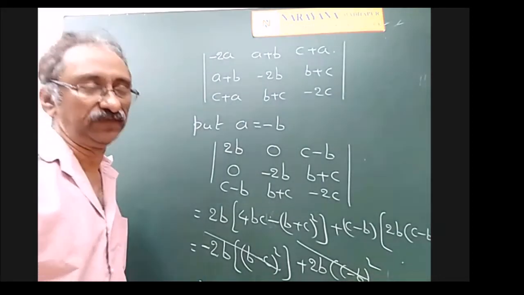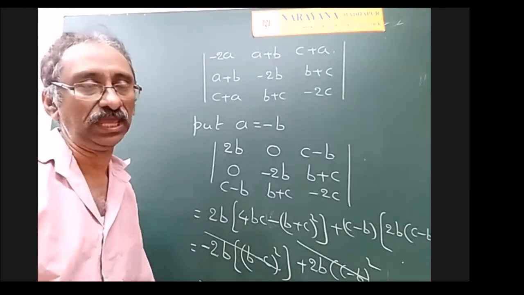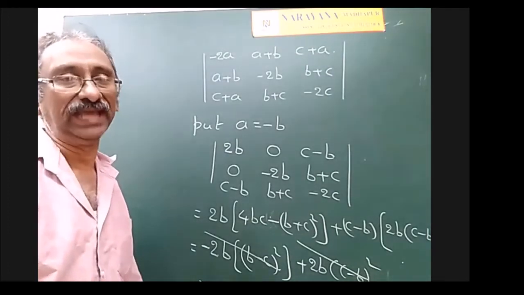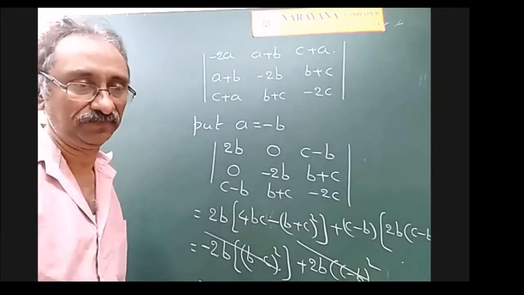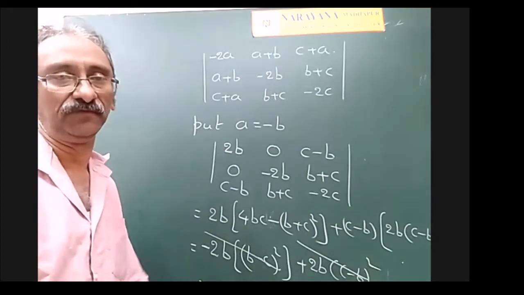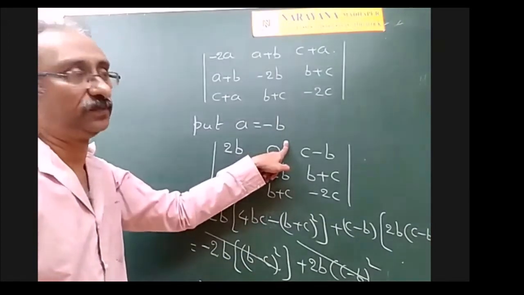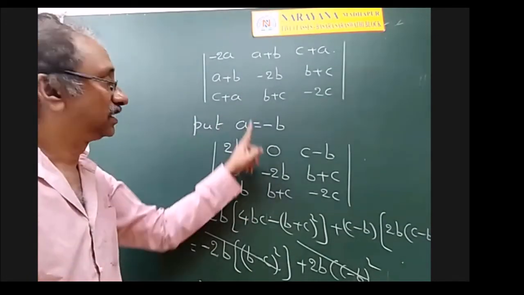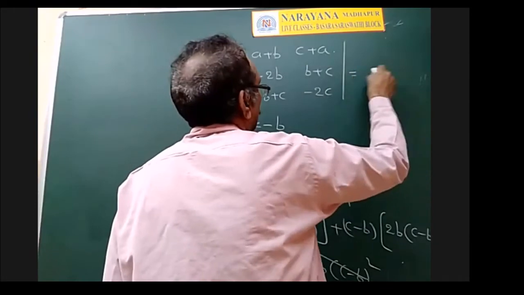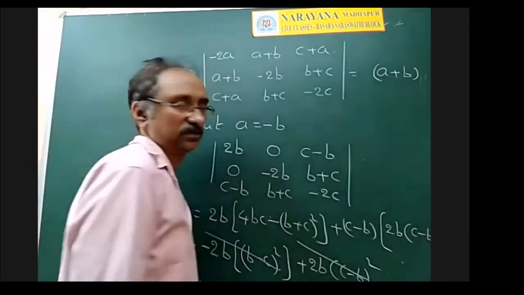Now you remember the factor theorem. Whenever f of a is equal to 0, that means if you substitute x is equal to a in the polynomial f of x and you get 0, then x minus a is a factor. x minus a is a factor of f of x if and only if f of a is equal to 0. So by substituting a is equal to minus b, you are getting 0, which means a plus b is a factor of that expression.